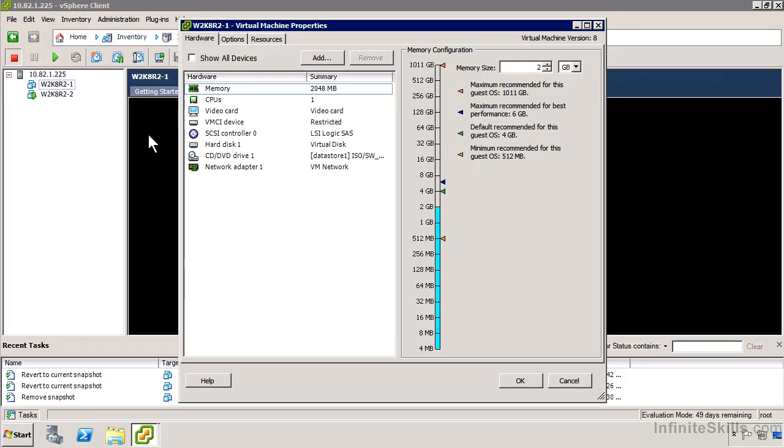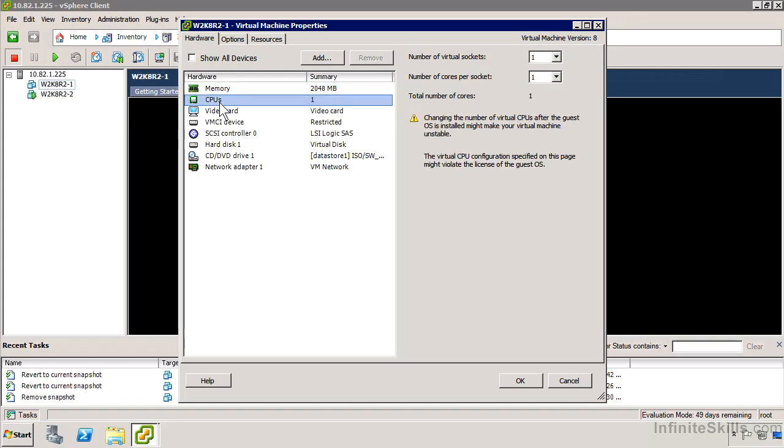Potentially we could set some very large memory amounts, but we should try not to oversubscribe to a ridiculous degree. But a little bit of extra memory would not necessarily be a big problem. And of course we have paging within Windows and also swap within VMware that can help us deal with those potential problems. On the CPU side, it's actually really a good idea to minimize the number of CPUs associated with